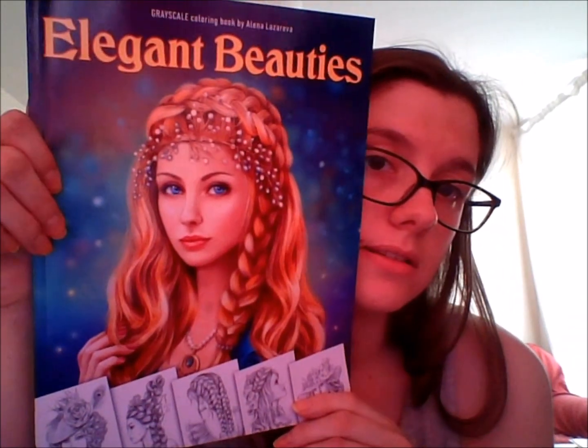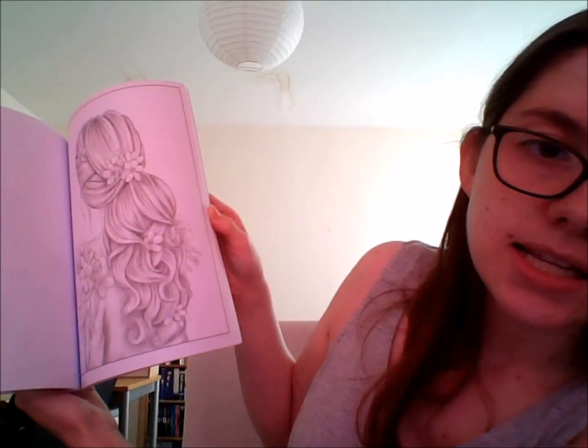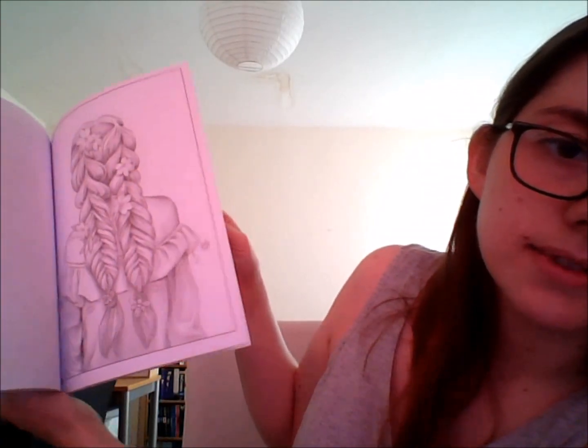This is a purchase. I'm not doing anything in this. I got Elegant Beauties, it's a grayscale book by Alina Lazareva, and it just has lots of pretty ladies with hair. Because hair, you get two of each picture in it. That's it for colouring. You'll be pleased to know,